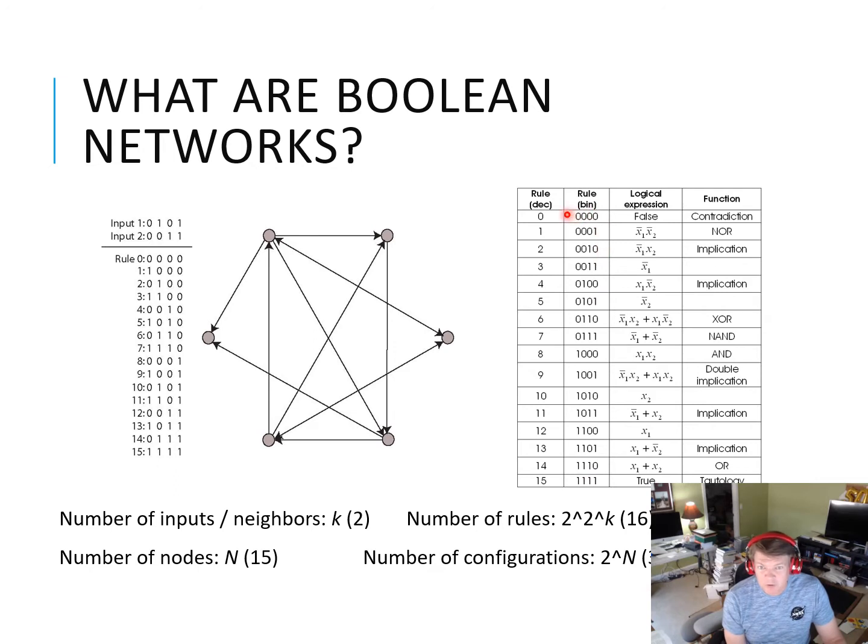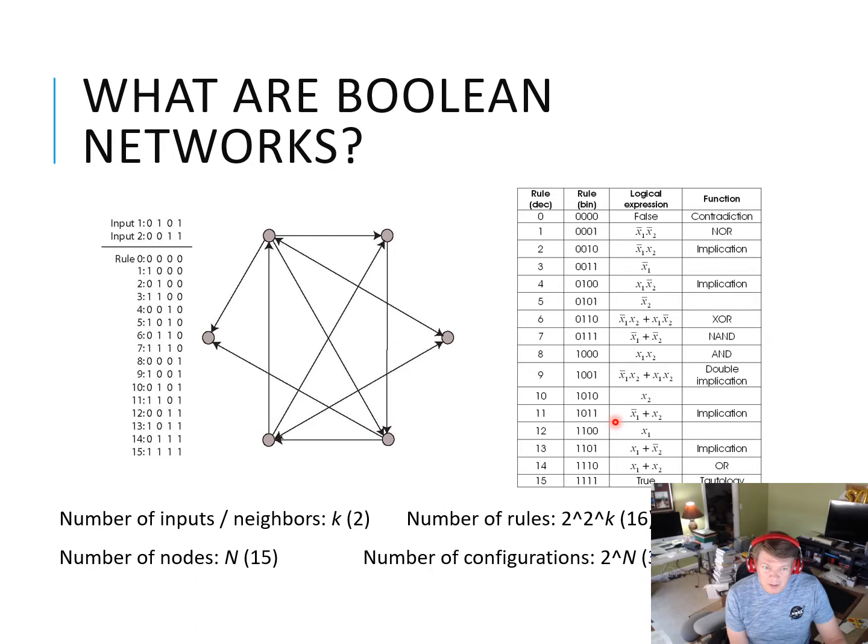So we have 4 inputs, we have 16 different rules, and these are all Boolean, so they're logical expressions which dictate the output based upon these different inputs. And we can see some of them here. We have the logical names of these types of rules. So this one actually here is not, and we have contradiction, implication, double implication. Basically, just a simple rule that says, if these are the inputs, this is what the output will be.